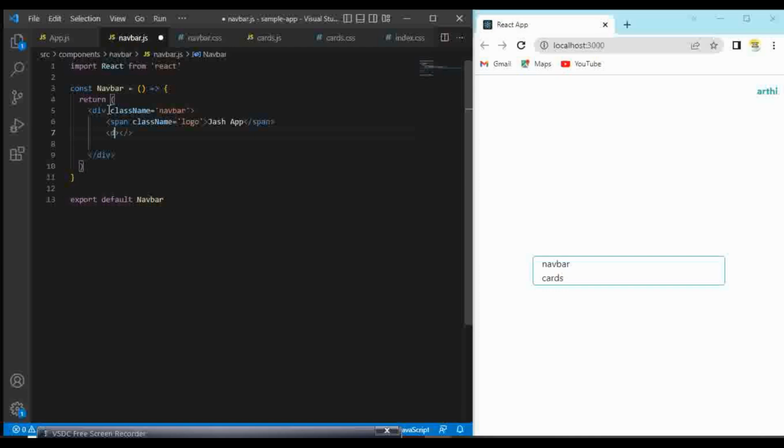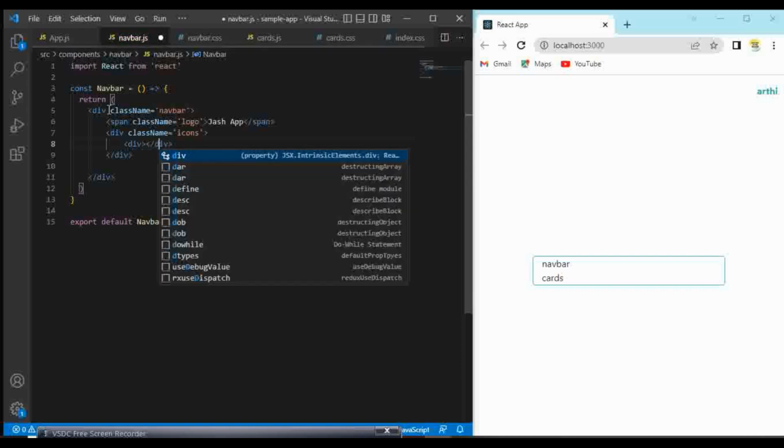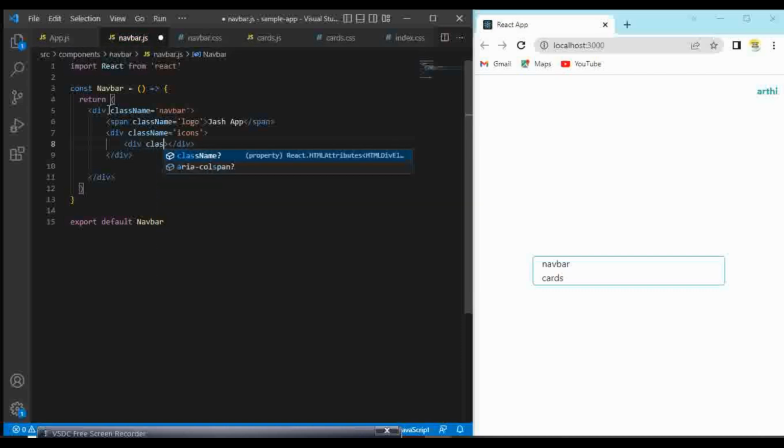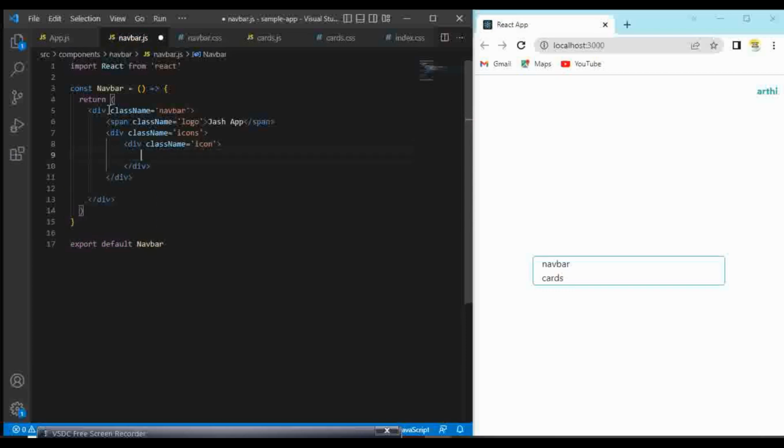So here I'll give div. Class name will be icons. So inside this I'm going to insert each and every icon separately. So div, and the class name will be icon. So inside this I'm going to import the bell icon. So for this,